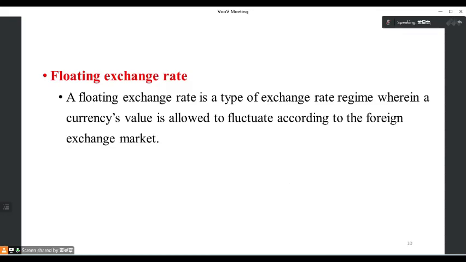Floating exchange rate means the exchange rate between two currencies can be changed according to the condition of the foreign exchange market, such as